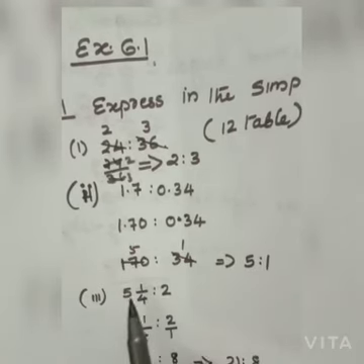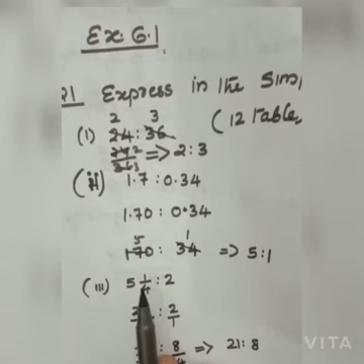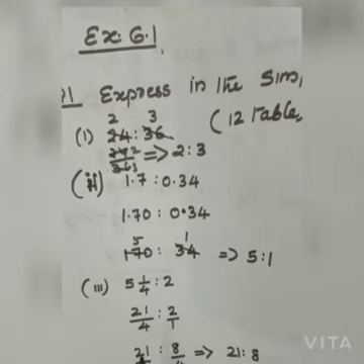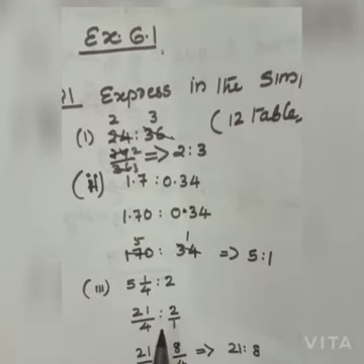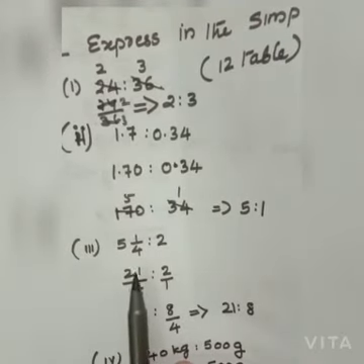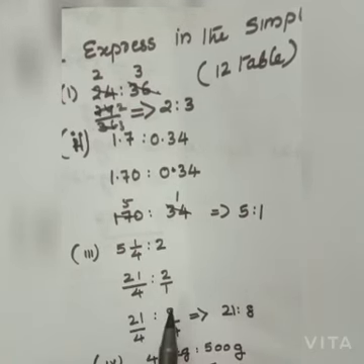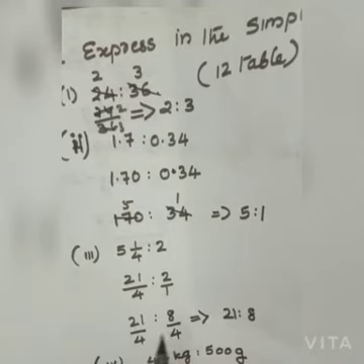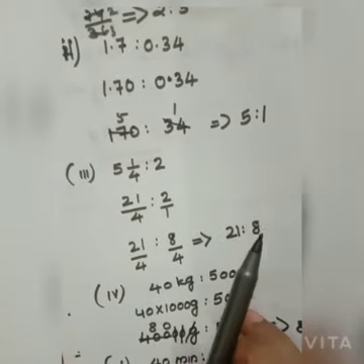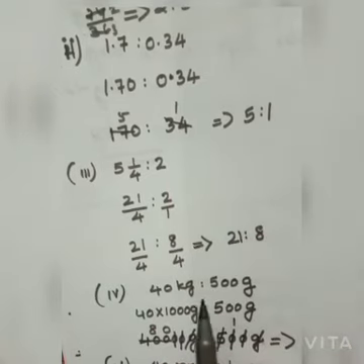Okay. The third one is 5 and 1/4 ratio 2. Make this mixed fraction an improper fraction, and as the denominators are different, you have to make the same denominator. In the previous video I already told you how to make the same denominator. You cross multiply and you will get the same denominator. 4 5s are 20 plus 1 is 21, 4 2s are 8, 4 1s are 4. Okay, 21 ratio 8. You can't cut out with any number table, so this is the ratio.